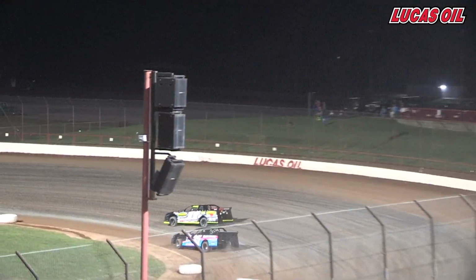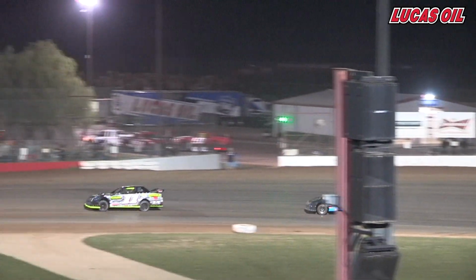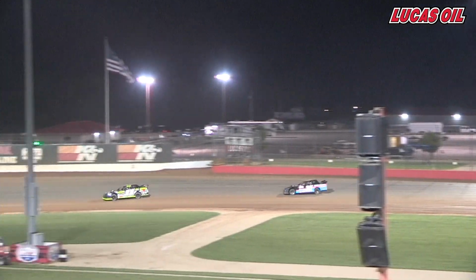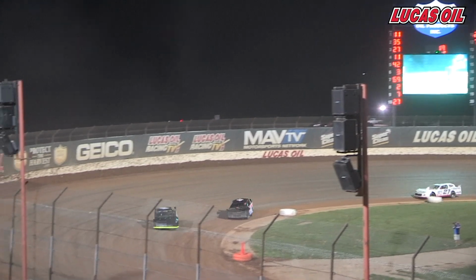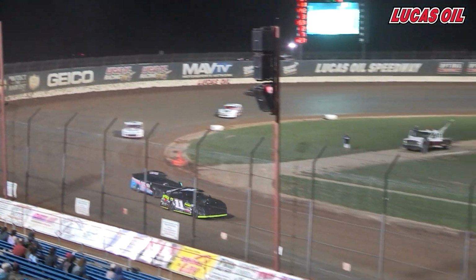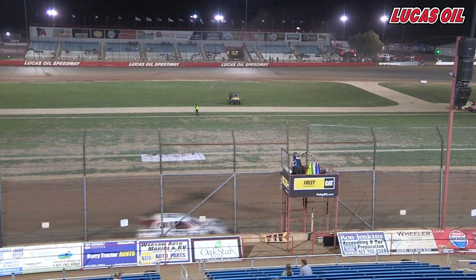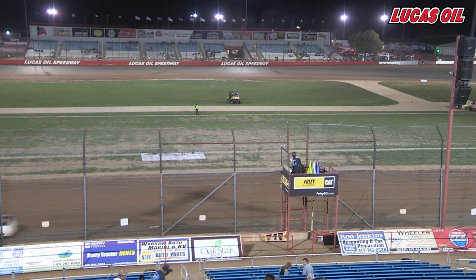About a 2-car length advantage for Derek Brown over Johnny Coates. Another 4 car lengths back to Toby Ott, and another 4 back to 4th place running Tim Brown. One last ditch effort for Johnny Coates. Derek Brown will pull off of turn 4. The drag race to the checkers. We'll see Derek Brown pick up his 6th win of the season, but